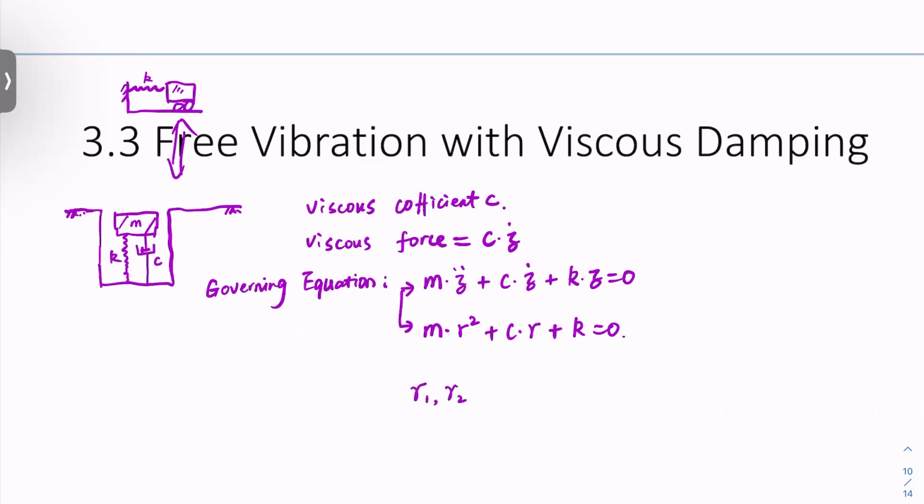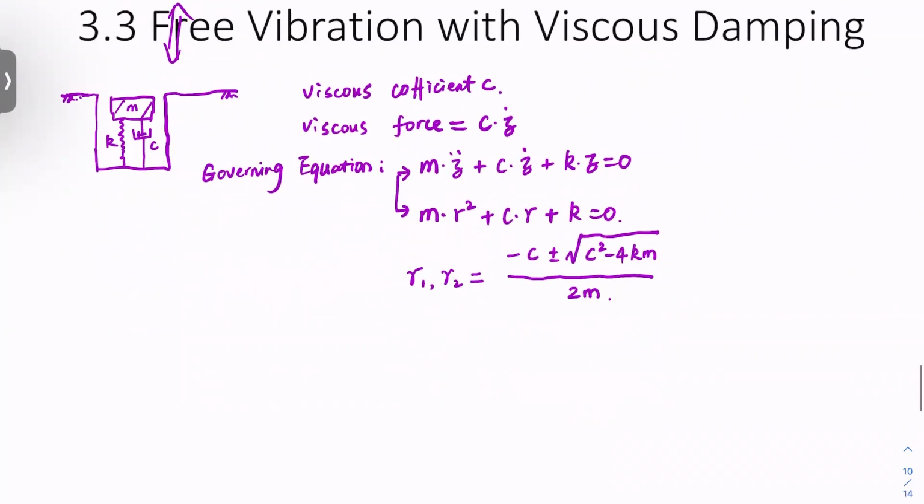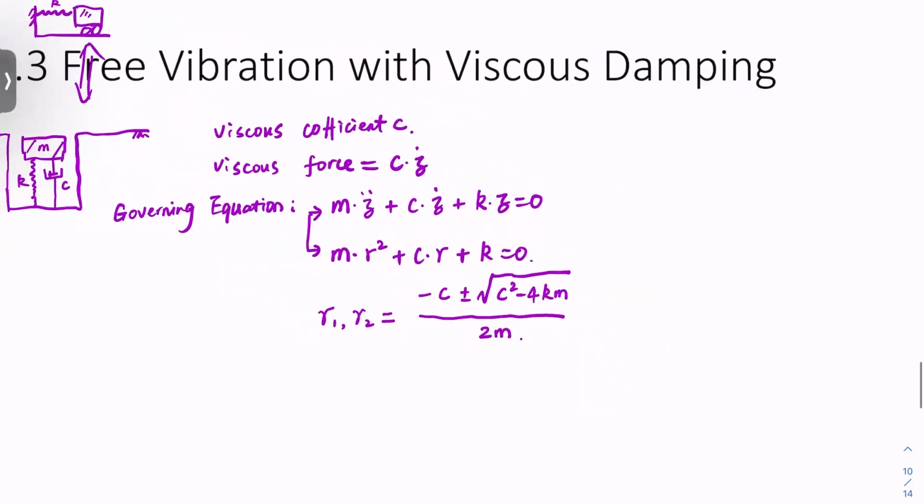r1 and r2 is minus c plus or minus square root of c squared minus 4km over 2m. Okay, of that. Well, we did a refresh of our memory on how to solve a differential equation like this. I'm writing this way, but we could have different cases depending on how many roots and what kind of roots